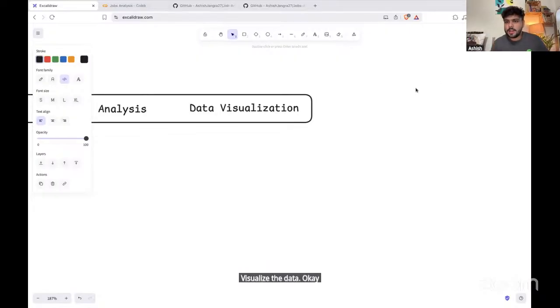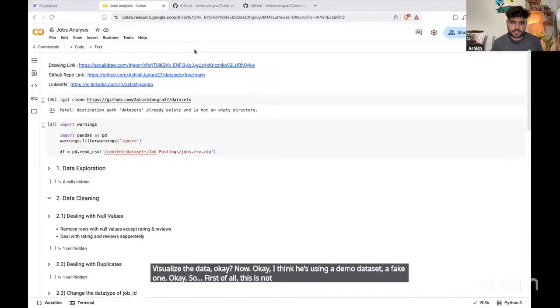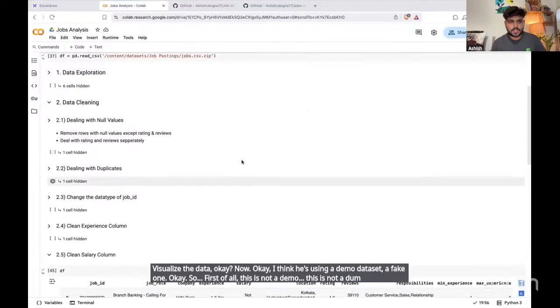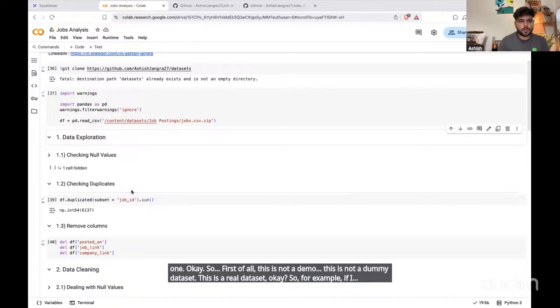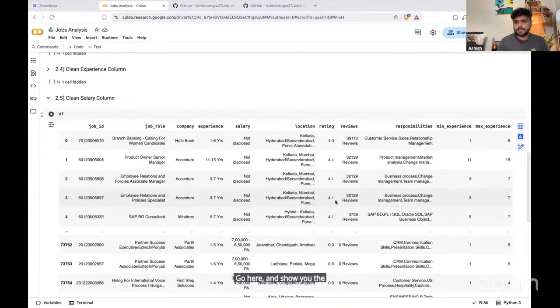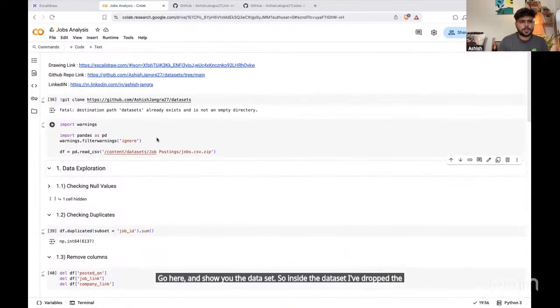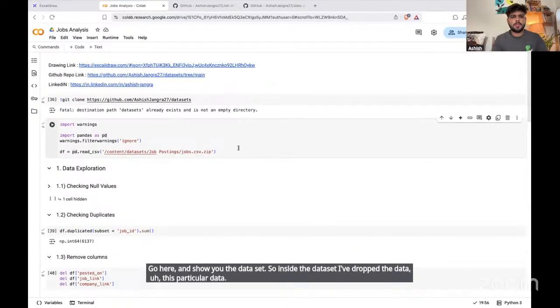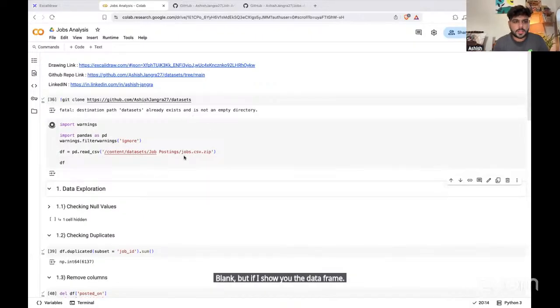Now, I think he's using a demo data set, a fake one. So first of all, this is not a dummy data set. This is a real data set. For example, if I go here and show you the data set, inside the data set I have dropped this particular data link. But if I show you the data frame,